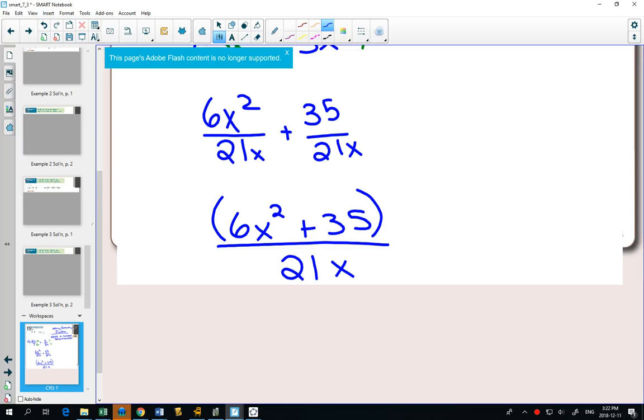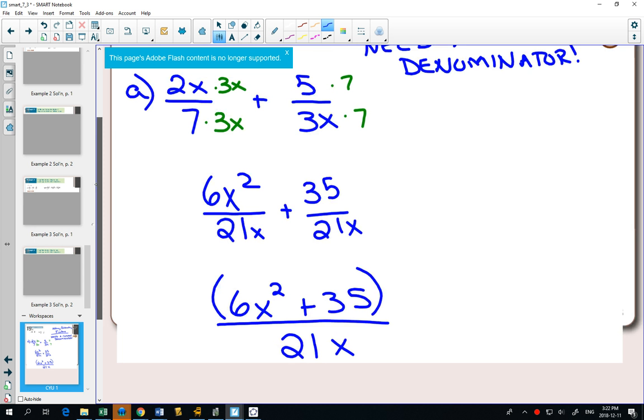So this would be done. You've added it. It's a single fraction. It can't be simplified any further. When we go to part B,